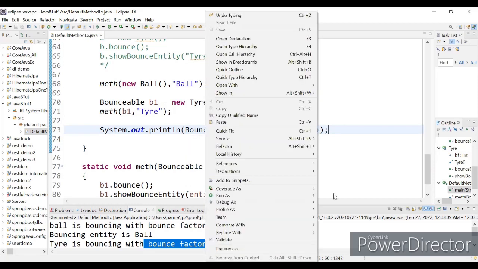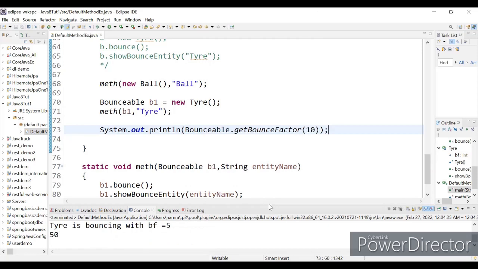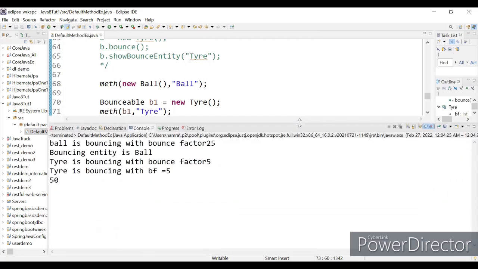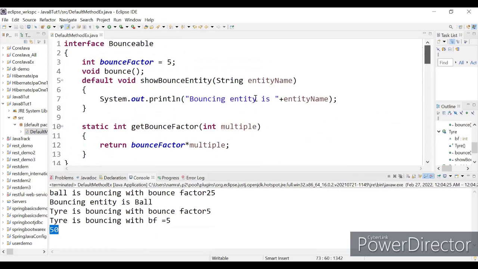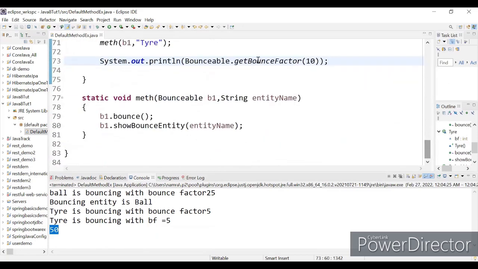So in the end, because I have added 10 as the multiple, here it is going to do bounce factor, multiple is going to be 10. So it will be 5 into 10, that is 50. So it is showing you the last value, System.out.println Bounceable.getBounceFactor. It is showing you the value as 50.